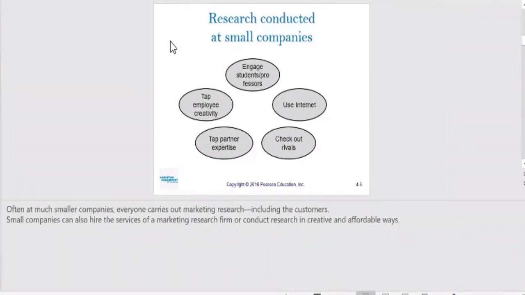So research conducted at small companies. Now, as I said, these engage students and professors. So there are certain companies that provide different types of consultancy services, and we also provide consultancy services. I've done some work for Mahindra, in fact for their automobile division. I have done a study on the service utility of their vehicle and the operations toward the logistics management processes for workshop processes in India.